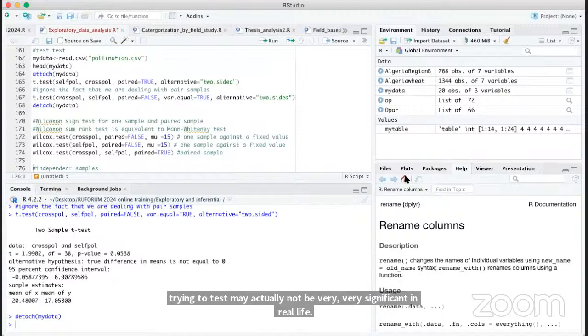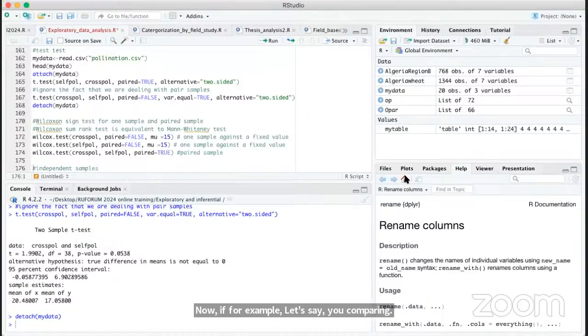Now, for example, let's say you're comparing two different varieties, and there is a variety that is already on the market, and then you want to introduce a new variety. Let's look at maize. Maybe most of us know maize. Let's say you have a variety called X that is already on the market, and it produces 600 kilograms per hectare. Now you come up with a new variety, variety T, that produces 605 kilograms per hectare. The difference of 5 kilograms per hectare may be significant, but in terms of